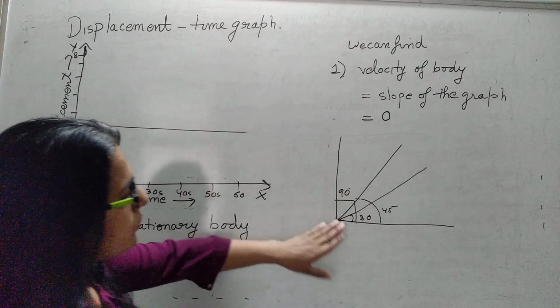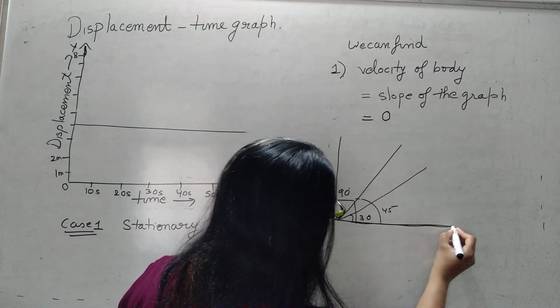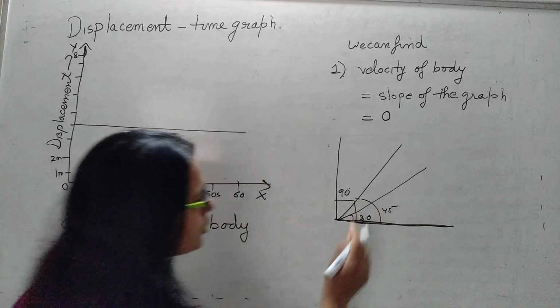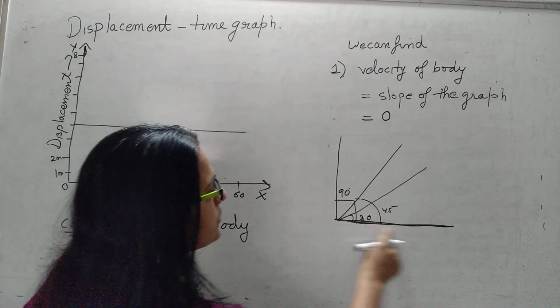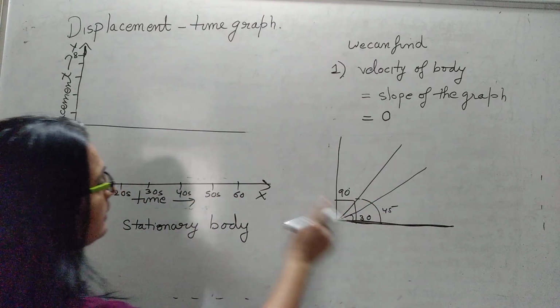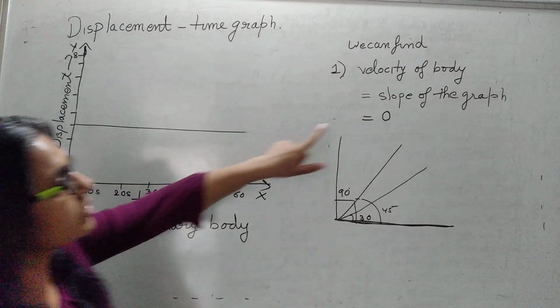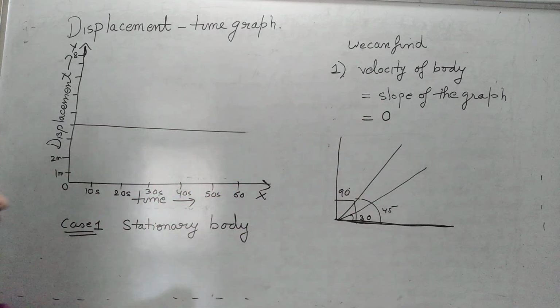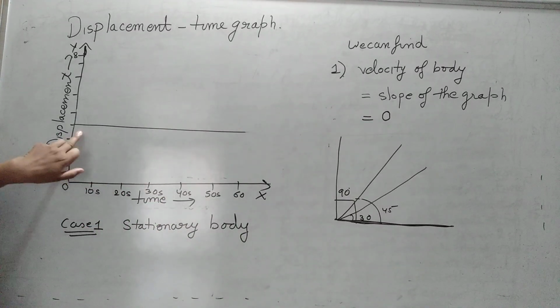90 degree. So as the slopes are increasing, अगर हम ये वाली लाइन लें जो हॉरिजॉन्टल के साथ coincide कर रही है, how much angle will it make with the horizontal? It will make 0 degree. So any line which is coinciding with horizontal, which is parallel to horizontal, उसका slope क्या होता है? 0. And otherwise also you can say, अगर कोई body stationary है, it is not moving, that means its velocity is 0. If displacement is 0, that means velocity is 0.